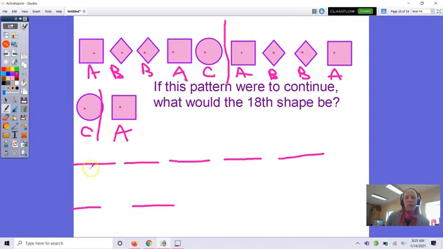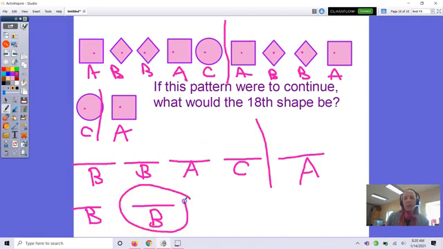What comes after A? You're right, a B. So A, B, B, good. A, B, B, A, good. A, B, B, A, C, good. A, B, B, A, C. I'm going to start all over again with A. What comes after A? B. What comes after B? B. So my 18th shape would be the letter B, and it would be the